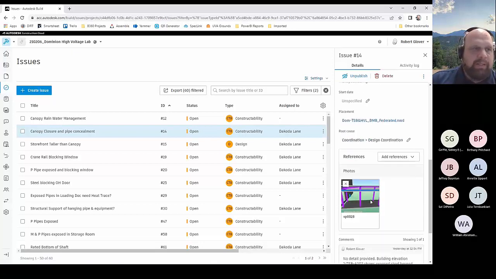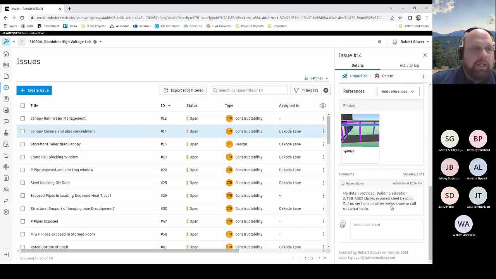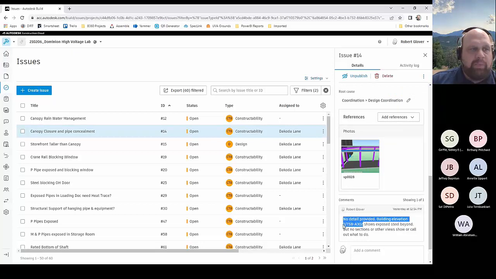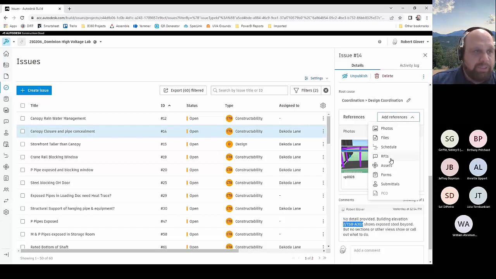Root cause, I mentioned I put that in there. This is another thing I don't like about the Navisworks side, which is that there's no visual that comes across with it. So I end up having to export out a viewpoint as an image, upload it as an image, and attach it. So it's kind of a pain, which is why I haven't really updated the graphic on there, but there's that. And then you can see yesterday, when I was doing some updating, I put a note on there, called out specific sheets, and because I actually called that out, what I really ought to do, and this is my bad, is I should come up here to references, and I should add that there's a reference to,